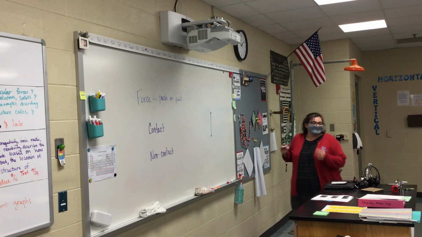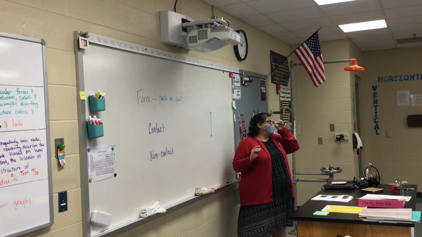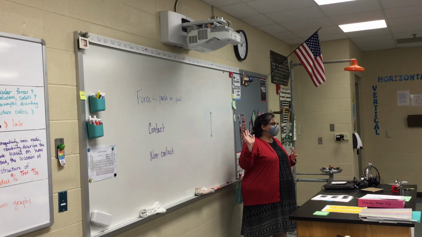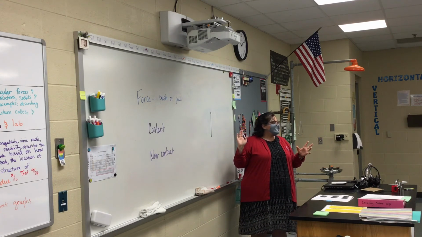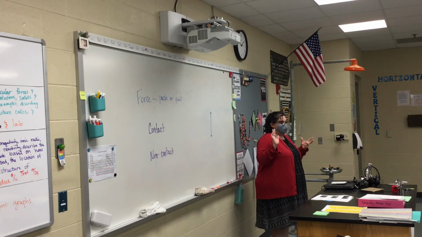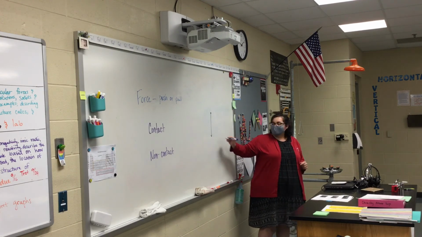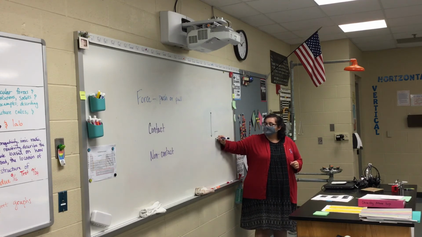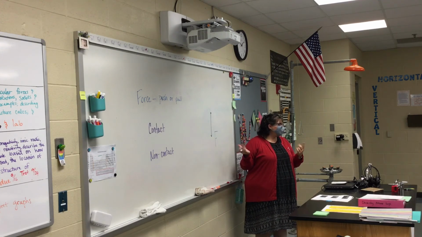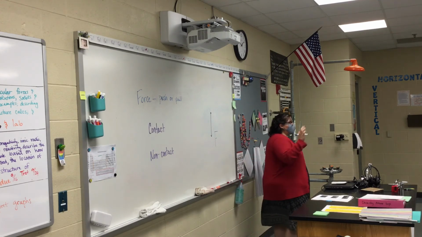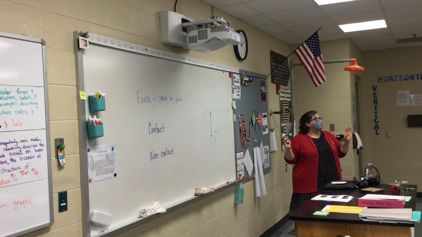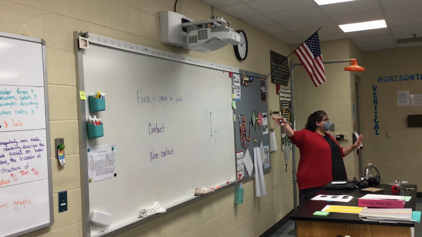Okay, so I drew my arrow down. Now I've got to label it, because we could have a whole bunch of arrows here. So here's how we're going to label. We're going to use something called agent object notation. I'm going to put a big F. It doesn't stand for fun, although fun, right? I see that a lot. We have that big F because it's going to tell us that that's a force.